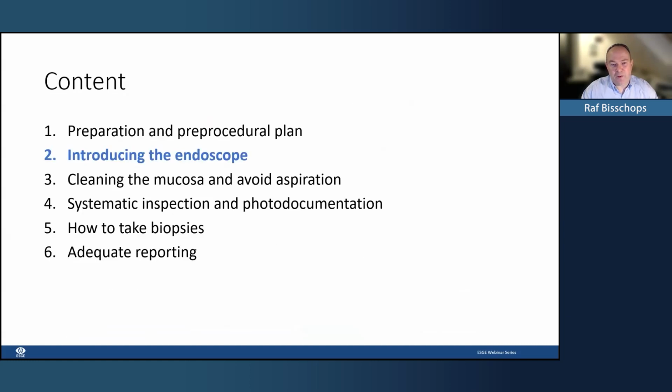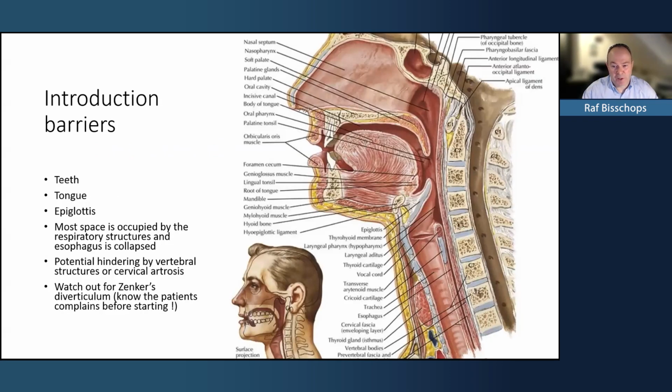So now let's come back to the very first step of upper GI endoscopy, which is the scope introduction. This may be very trivial, but just let's go through it. You need to pass certain barriers during the introduction, beginning with the teeth, where you use a bite block. You have to pass over the tongue and then find the epiglottis, go behind it, and then you have to